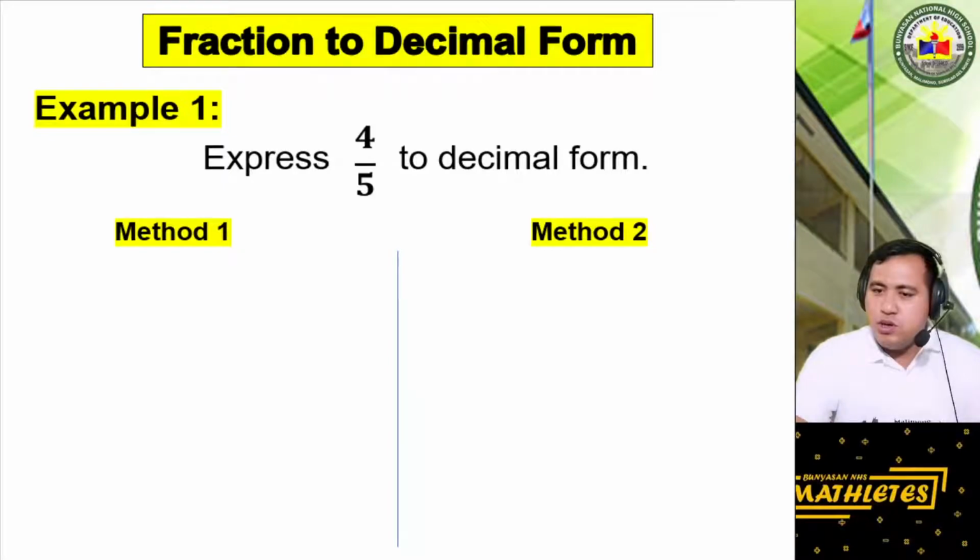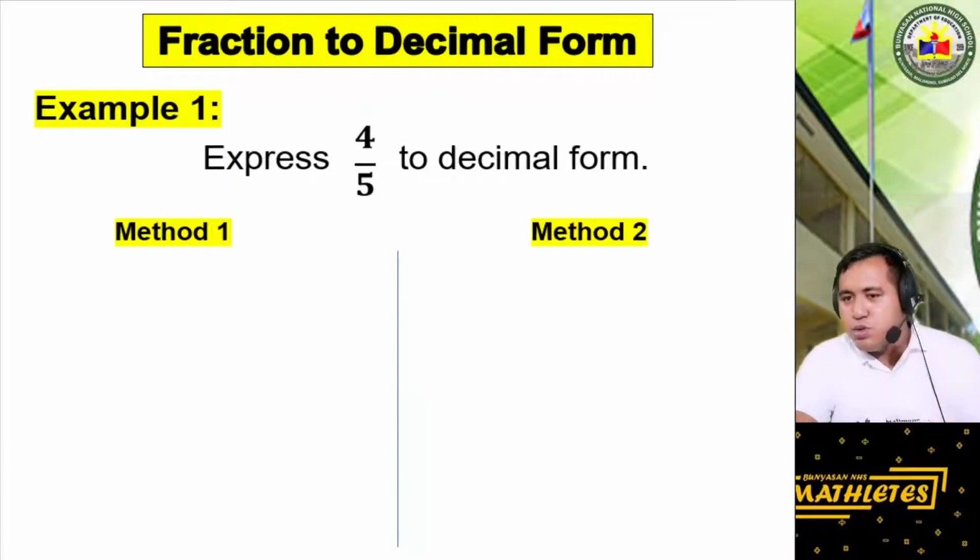I'm going to show you two methods. Actually, there are so many methods, but I'm going to show you 2 methods on how we're going to express this fraction into decimal form. Method number 1 is